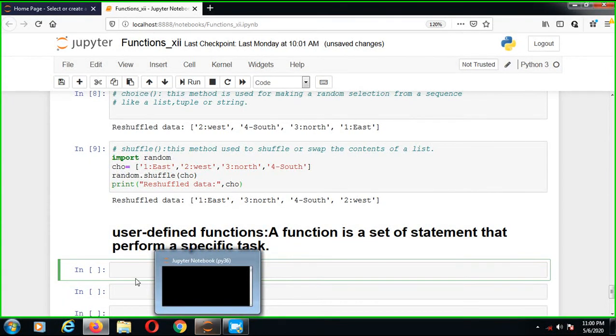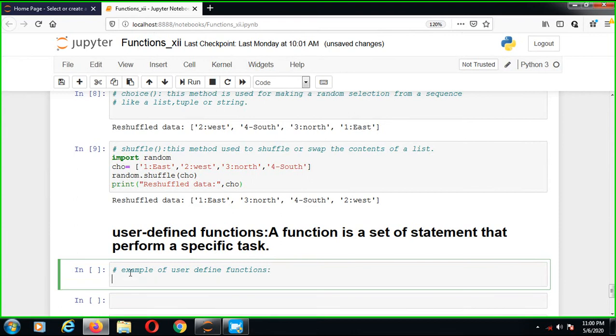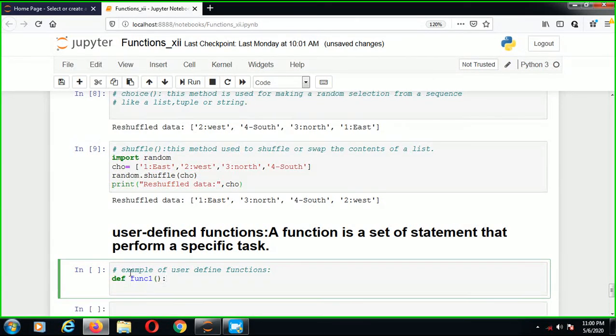How can we define? I'll just show you a practical representation, an example of user defined functions. Simple. def func1, function 1. Now print I am teaching functions in Python.